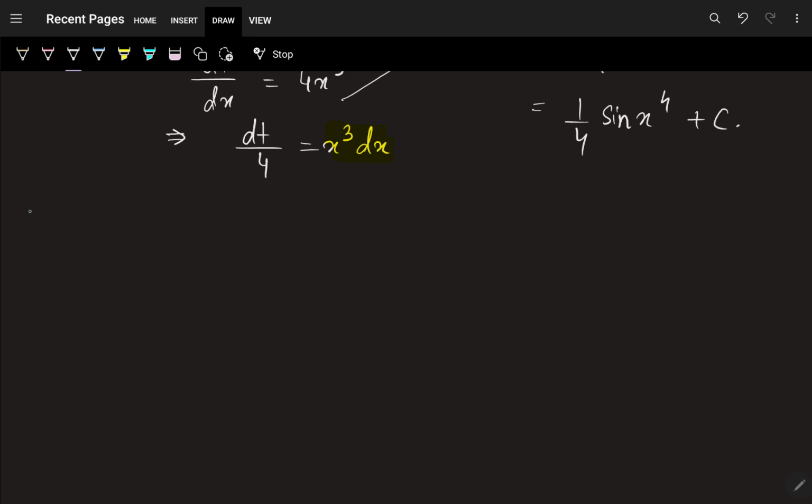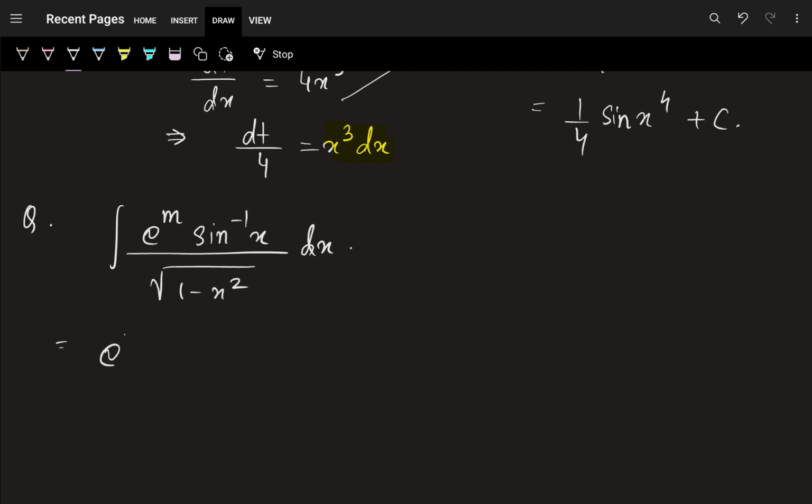Okay. Next question, we have integration of e to the power m sine inverse x divided by root over 1 minus x square dx. So we do not worry about the e to the power m over here. That is just a constant. You just pull the e to the power m out of the way and we have sine inverse x upon under root 1 minus x square